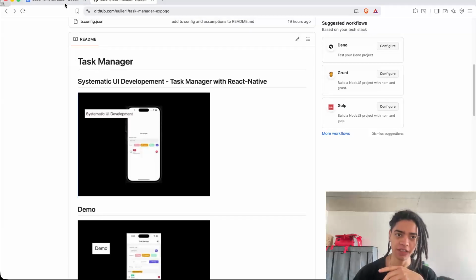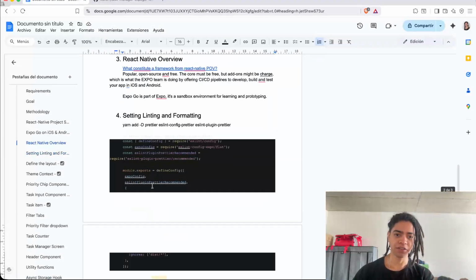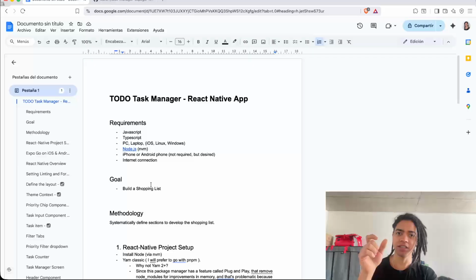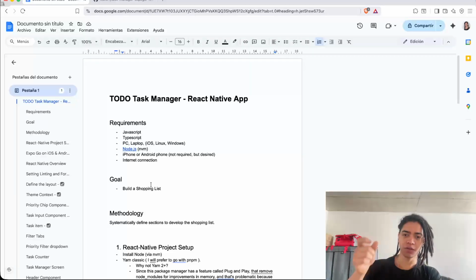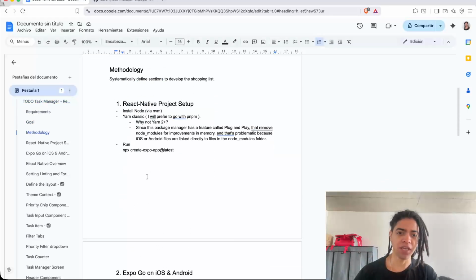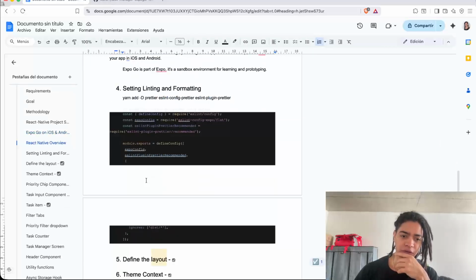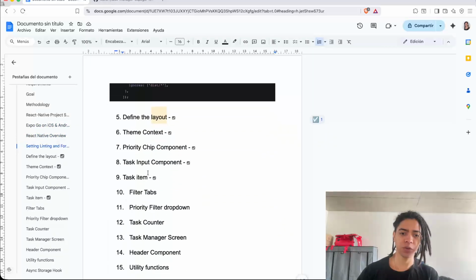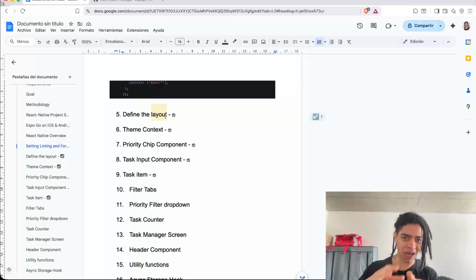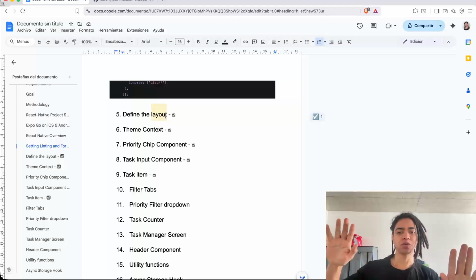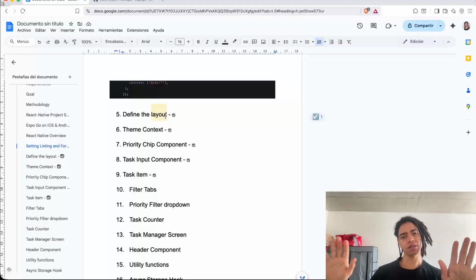First, what I did was define the series of components that I need to create in order to build this task manager. So what will be the composition here? The first thing first is to define the layout, so how things are going to look. And from there, I'm going to define the